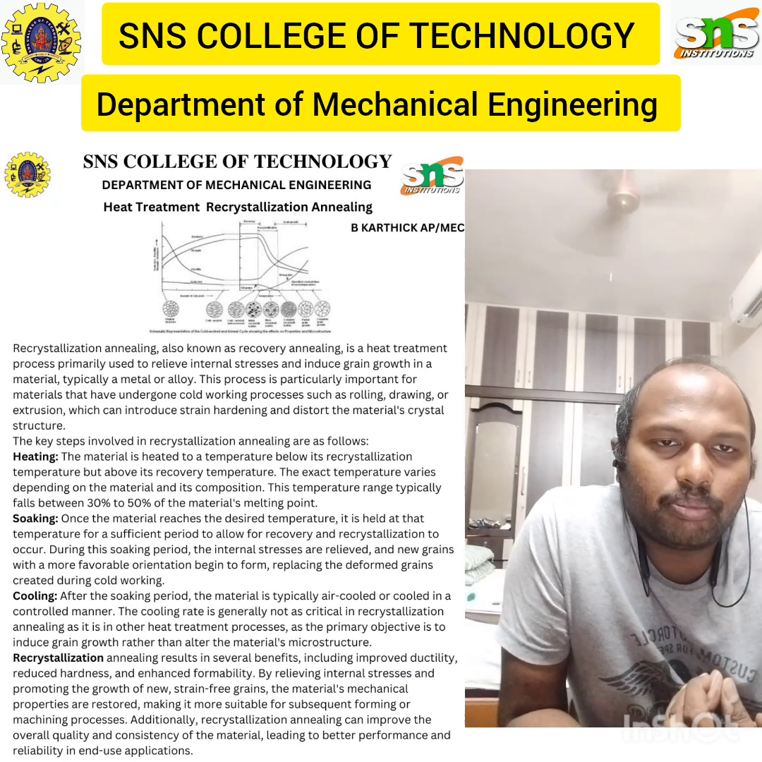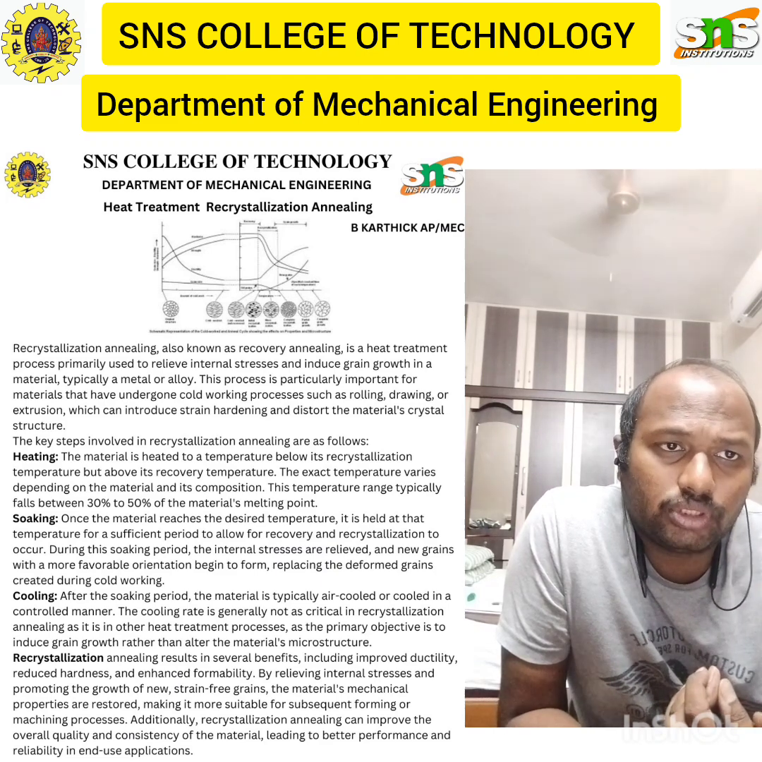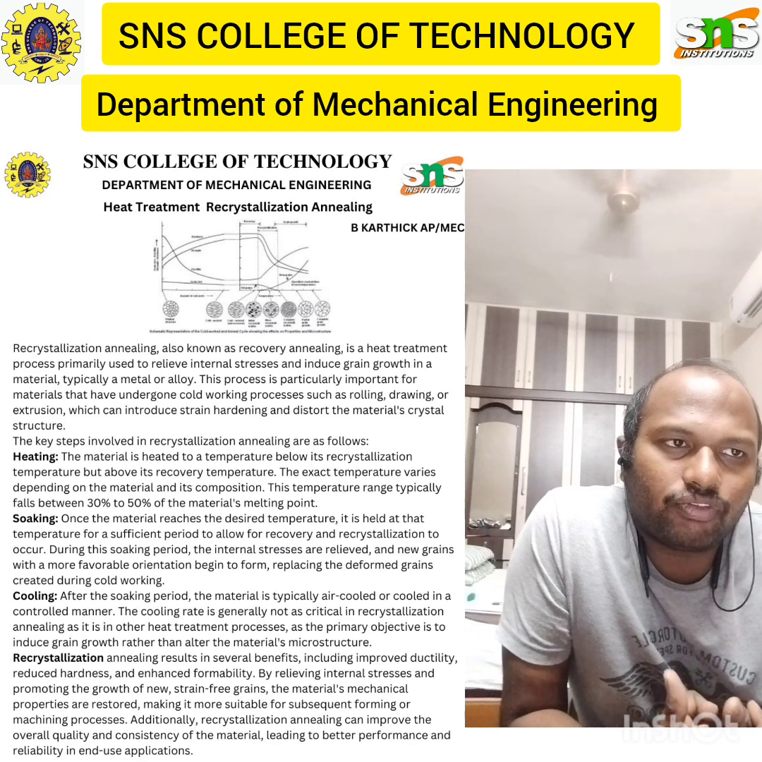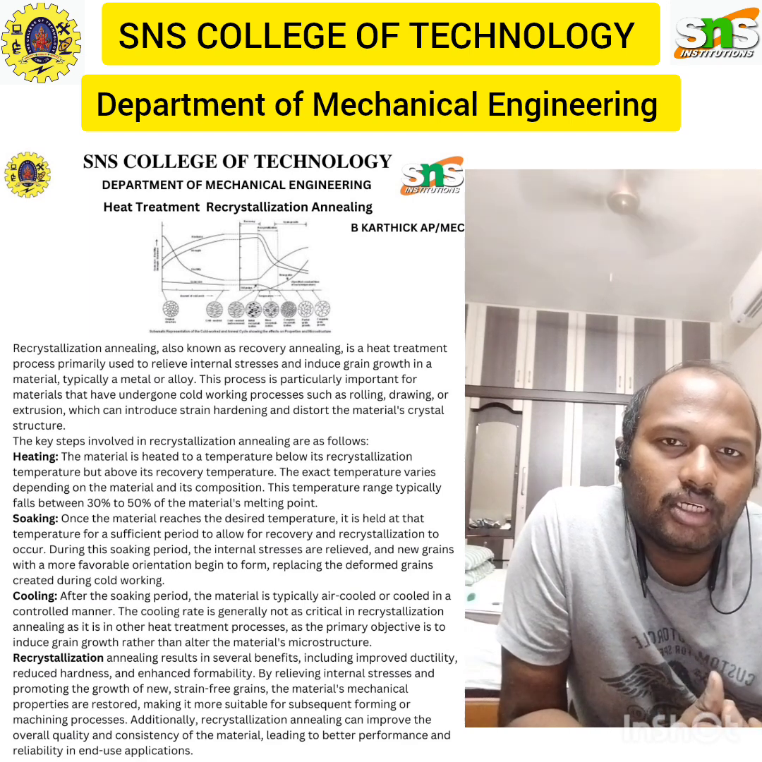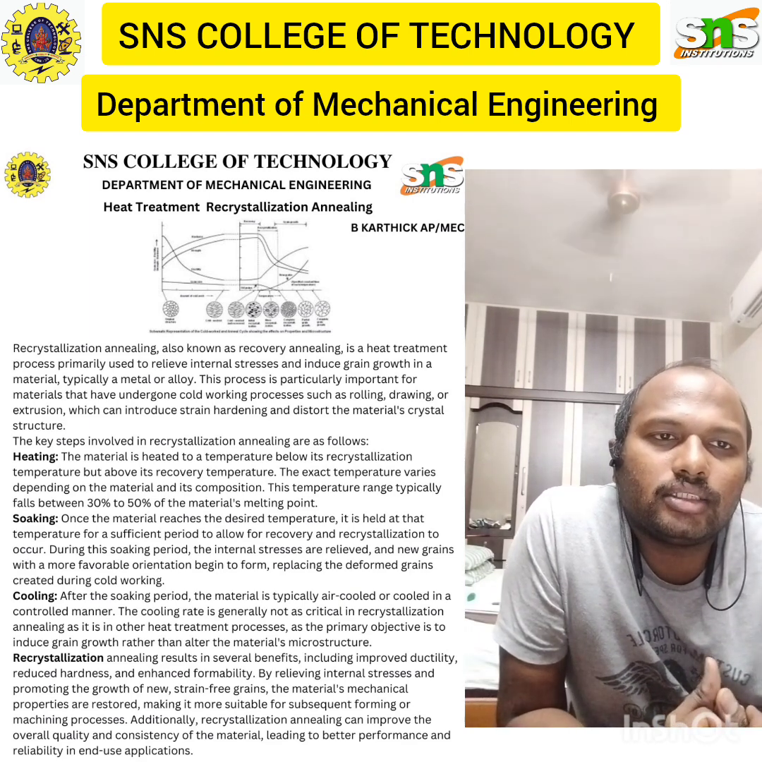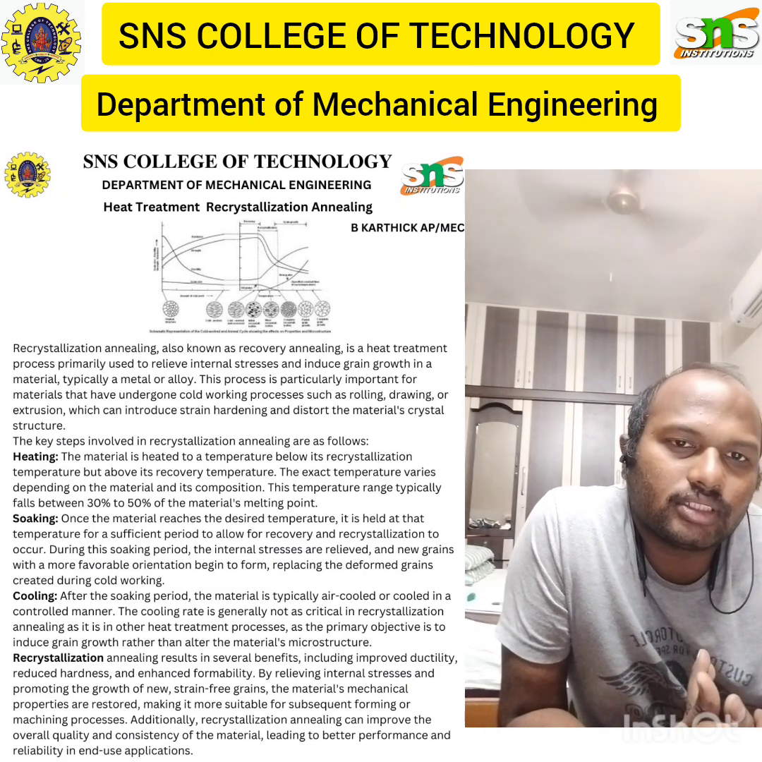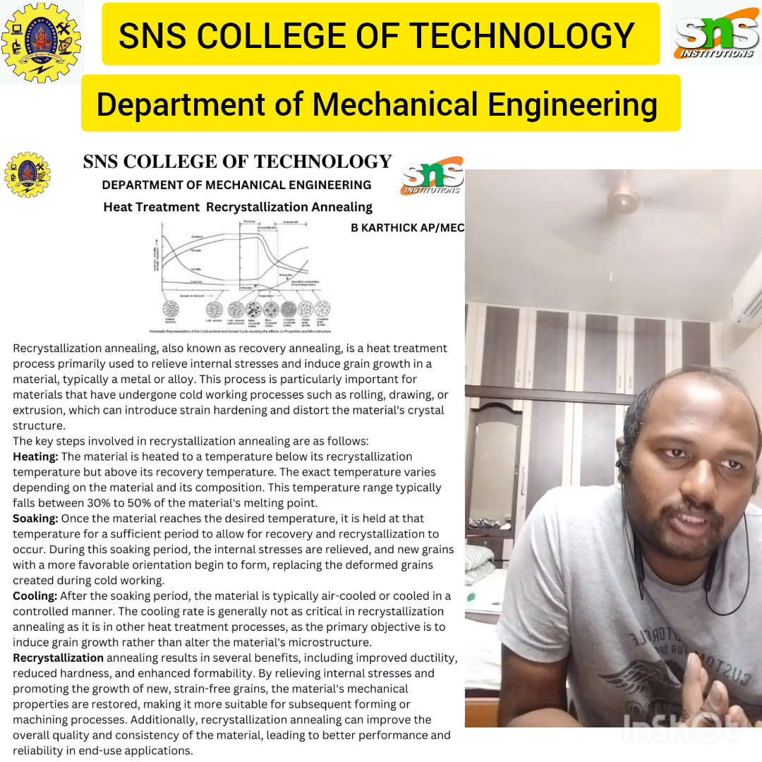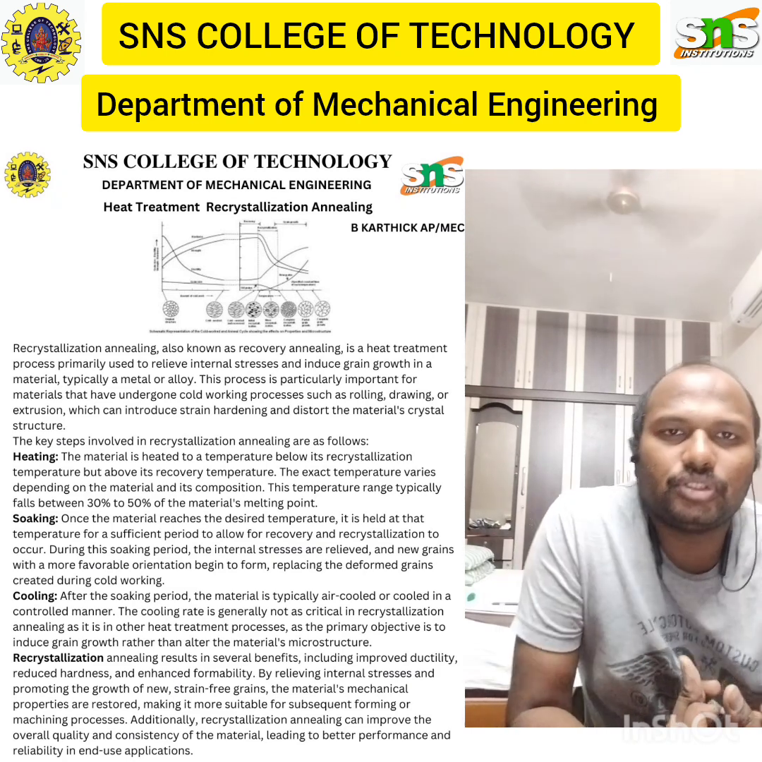So after the soaking period, the steel is slowly cooled down to room temperature. The cooling rate is not crucial for spheroidizing annealing, but it is often done in the furnace to prevent rapid cooling and the reintroduction of internal stress. Right? So this spheroidizing annealing helps to improve the machinability of steel by softening it and reducing its